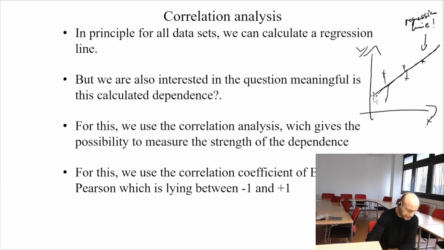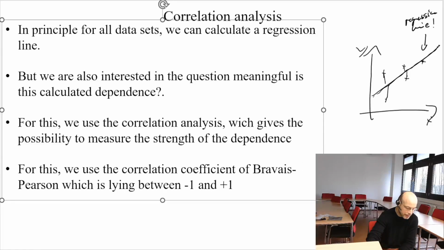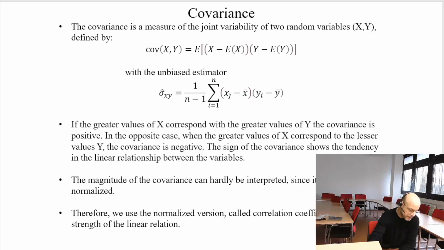And for this we have the so-called correlation analysis, and this means that we want to calculate a measure which can tell us how dependent we are, and for this we have the analysis tool of Pearson, the correlation coefficient, and this correlation coefficient can lie by definition between -1 and 1. And how do we calculate this